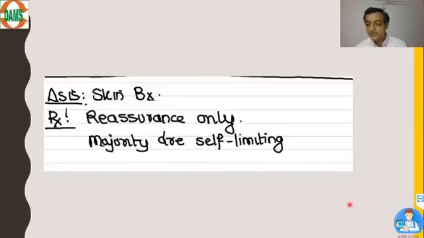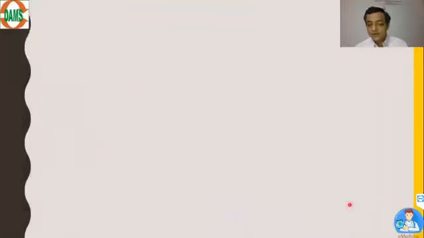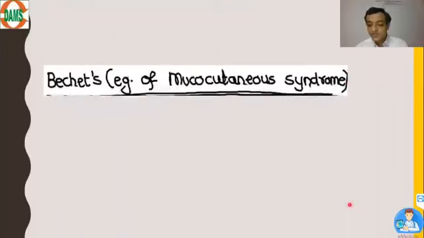Right? So this is how we want to remember. This is our second last topic. Henoch-Schönlein purpura, ANCA negative. Diagnosis is by skin biopsy. I have written there, skin biopsy. So to complete our vasculitis syndrome, last topic of the